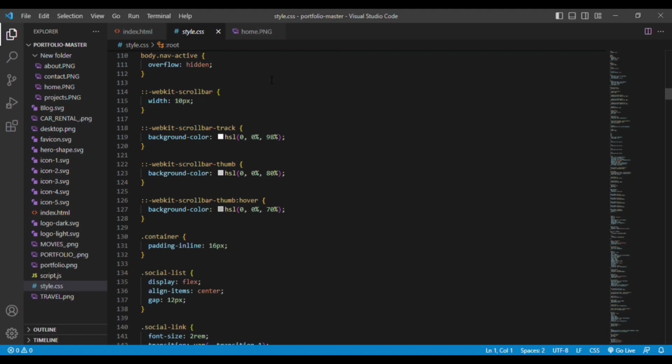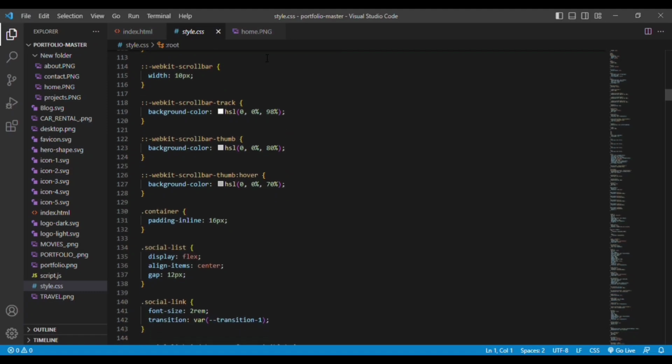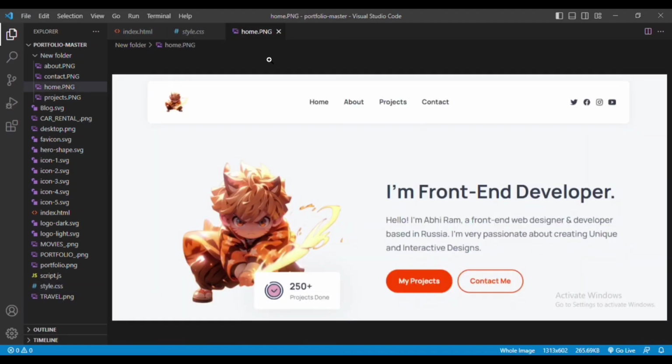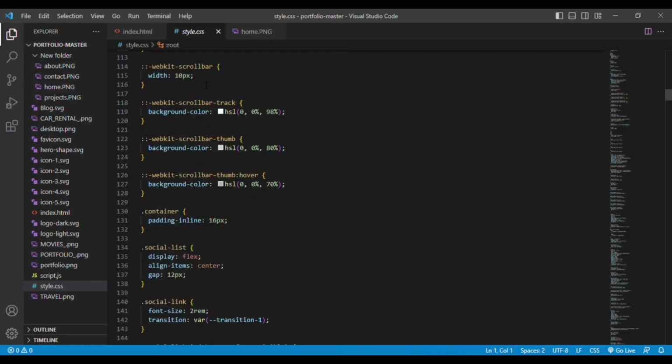And this webkit scrollbar is nothing but the scroll element that we have used. This is the scroll. This is how you implement a scroll bar to your personal website. Then you can give the background color to it, and you can mention the hover effect also. So whenever you hover onto that scroll bar, you can see here